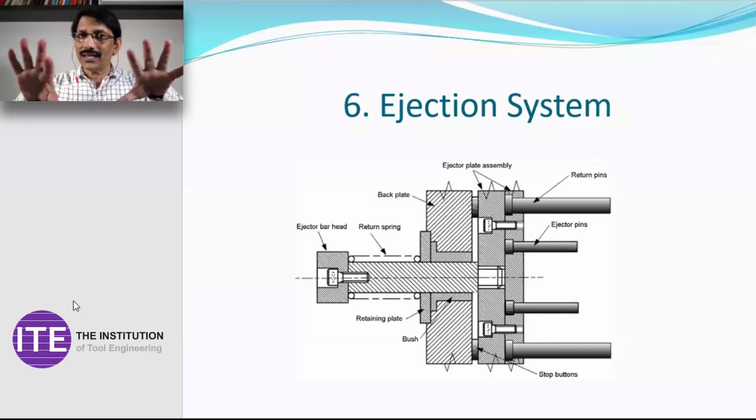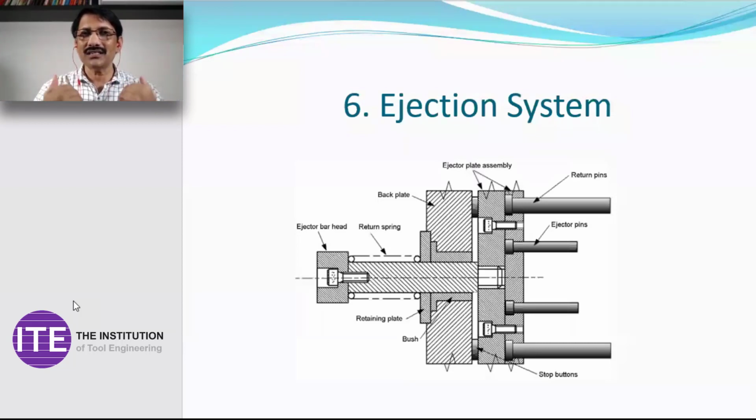These are the various design elements as far as the ejection system is concerned. And the size of the ejector pin depends upon many factors. So which are those factors? The factors are, for example, the complex geometry. If a very complex geometry is there, then you cannot provide a bigger ejector pin.